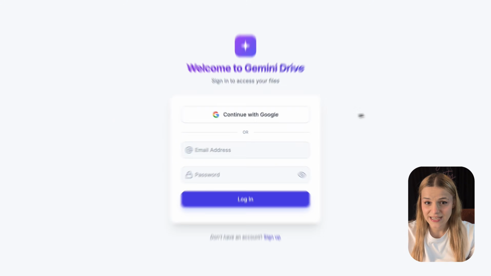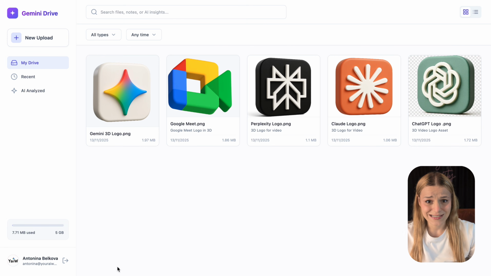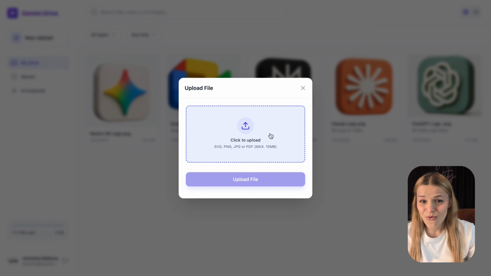You've probably built front-end apps using Google AI Studio before, but did you know that you could add a full-on backend that will let users authenticate, save their information to your database, and even store images and files they upload? Well, all of this is possible using just one free no-code tool called Firebase,